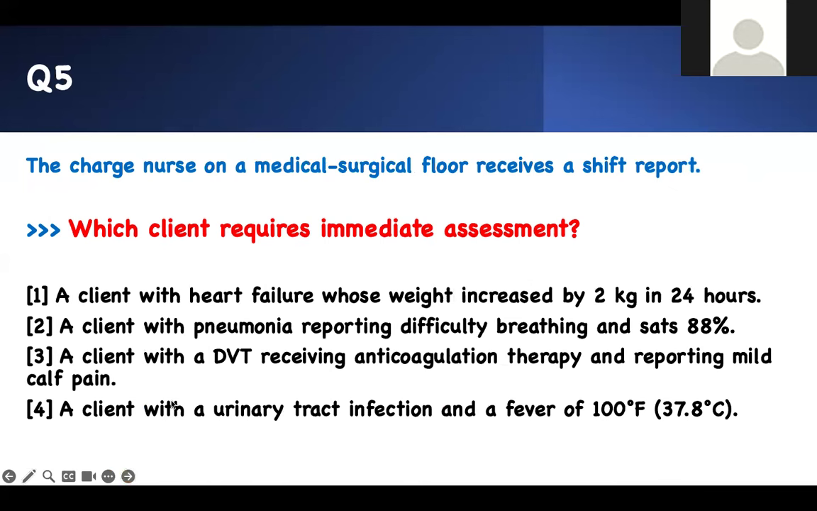Number 5, a charge nurse on the medical surgical floor receives a shift report. Which clients require immediate assessment? So you get information. Who are you going to see? You see, the questions are straightforward, with as little ambiguity as possible. If the NCLEX changes the wording, this is the frame of the question they will give you. No matter what, there will be a buzzword in the question frame that tells you it's